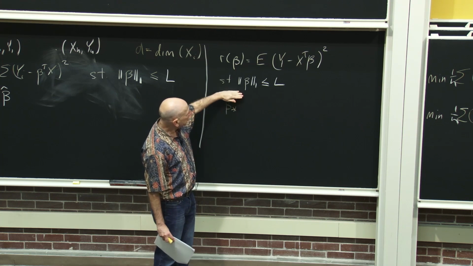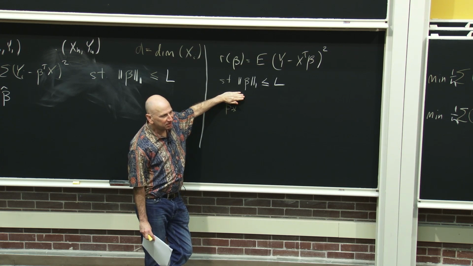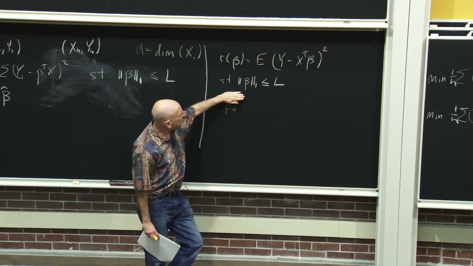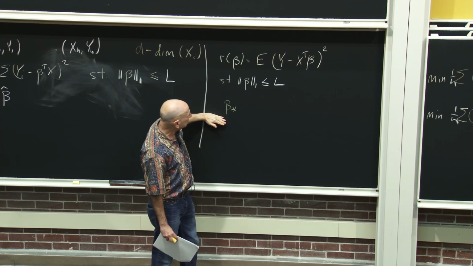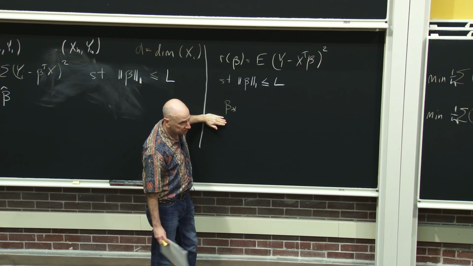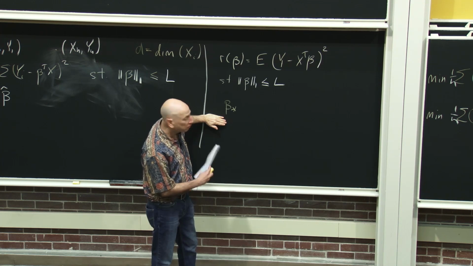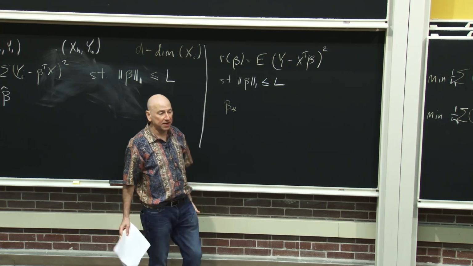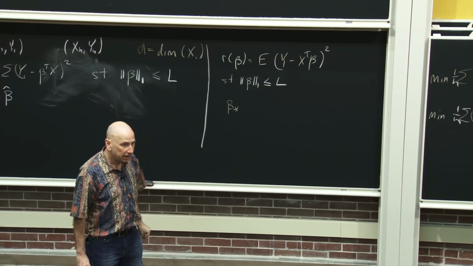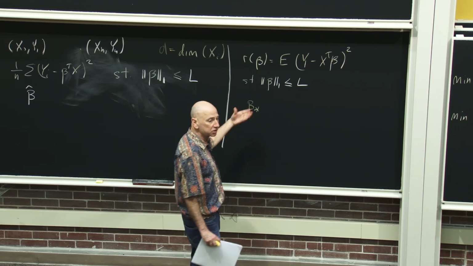No, that's not true. This is another notion of sparsity, right? I spent some time convincing you in the last class that the L1 norm does measure sparsity in some sense. So there is a sense in which the solution to this problem is the best sparse linear predictor. I agree there are other senses, like beta 0 instead of beta 1, but that's just a matter of definition. So this is a type of best sparse linear predictor.